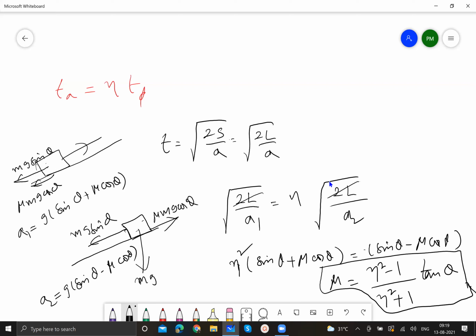Similarly, rocket propulsion, simple concept only. You try that. Direct formula is there, because the mass will be varying with respect to time. So that you can try. Standard concept is there in many books. Yeah, let us do one more from Irodov. Completed, huh? Yes, sir.